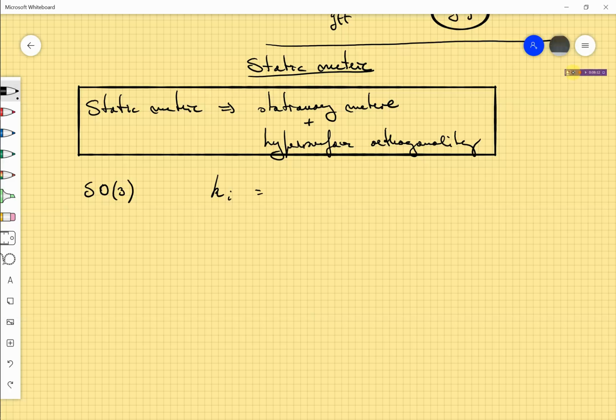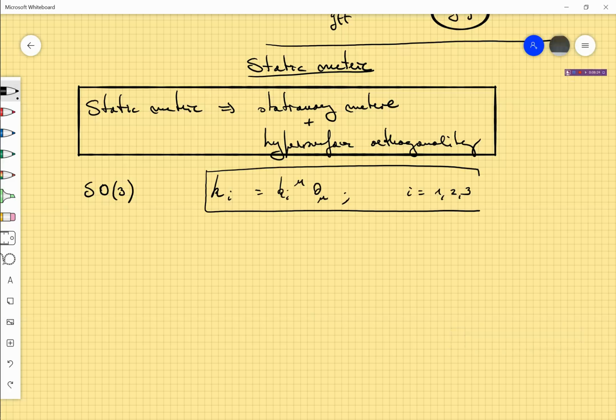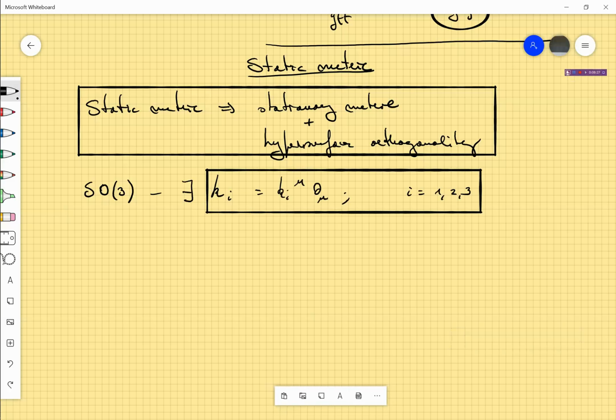Okay, each of them will be of this form, and i will take these three values. So invariance under SO(3) implies the existence of these three Killing vectors. But how do I know that if I take these three Killing vectors, they really correspond to the infinitesimal generators of rotations? I can write rotations in three dimensions in Cartesian coordinates, and then write the infinitesimal generators. I think we did this,